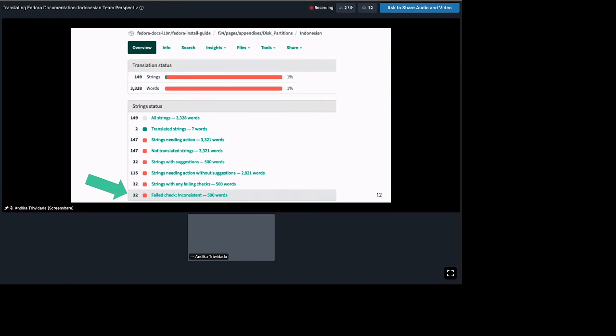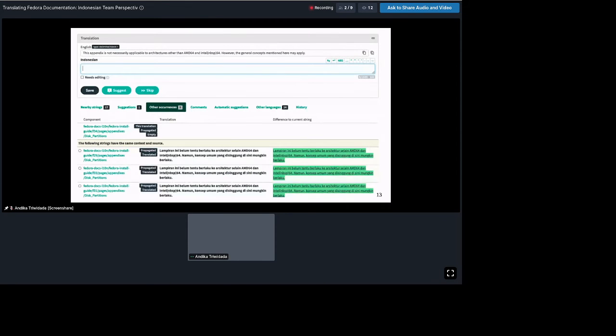What do I mean? Let's see the detail here. In this screen, you can see that this module is specific to the Fedora installation guide for version 34. The string is exactly the same as in versions 29, 33, and 31, but while the string in the previous version has been translated, this one is not yet.